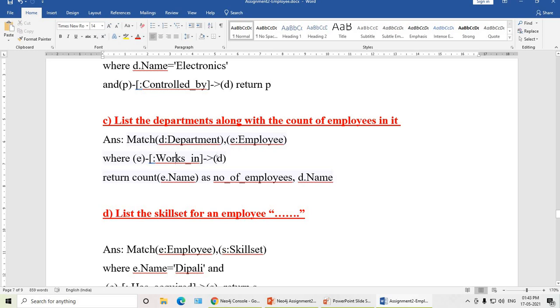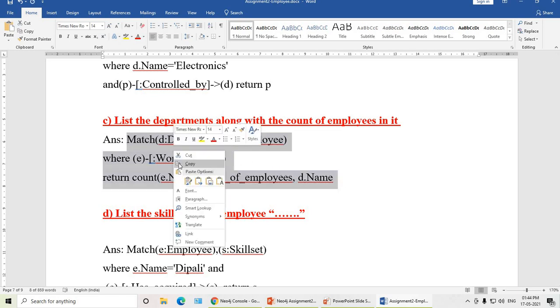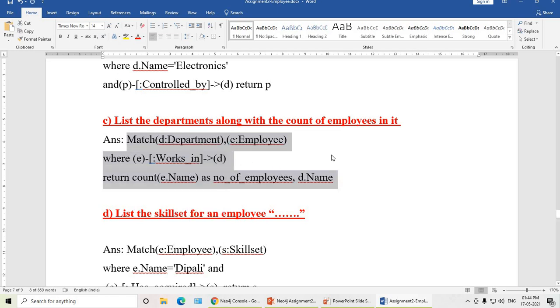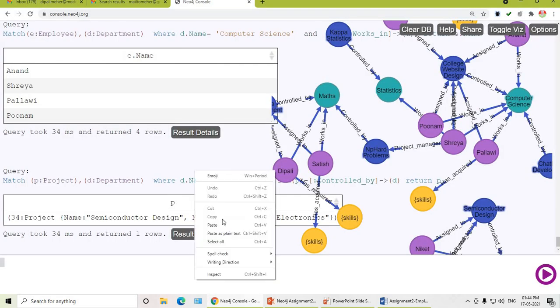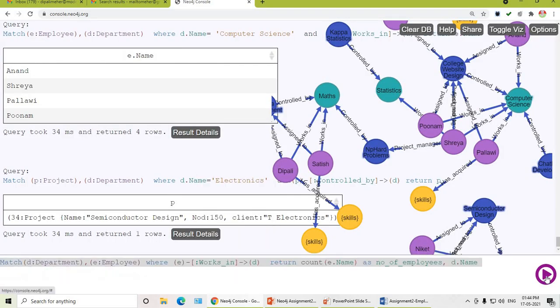E works in D. What should be written? You have to count that employee names. How many employees of a particular department as number of employees comma department name. So with the help of the count function, you can display the departments along with the count of employees in it.